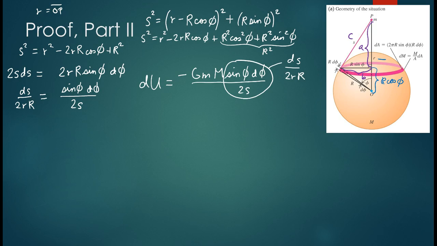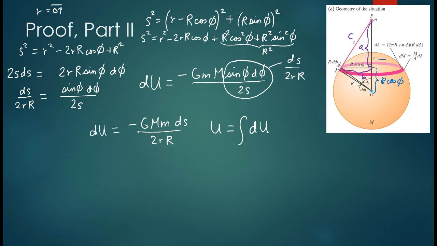So now we can write that du is equal to negative g big M little m ds over 2 little r big R. And so therefore, to calculate the potential of a shell, we must integrate the potential energy